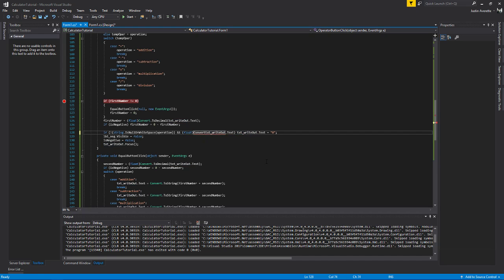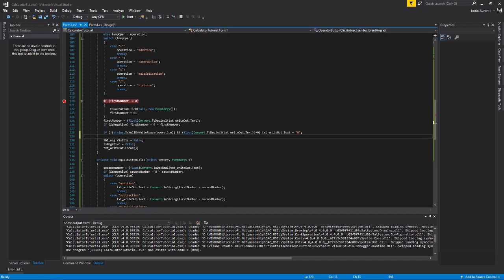I'm going to convert dot to decimal, or text right out dot text, does not equal 0. Alright, so here's what we're doing here. I have the insert key on. Alright, so basically if we have an operation and our number in the box does not equal 0, no, if it does equal 0,